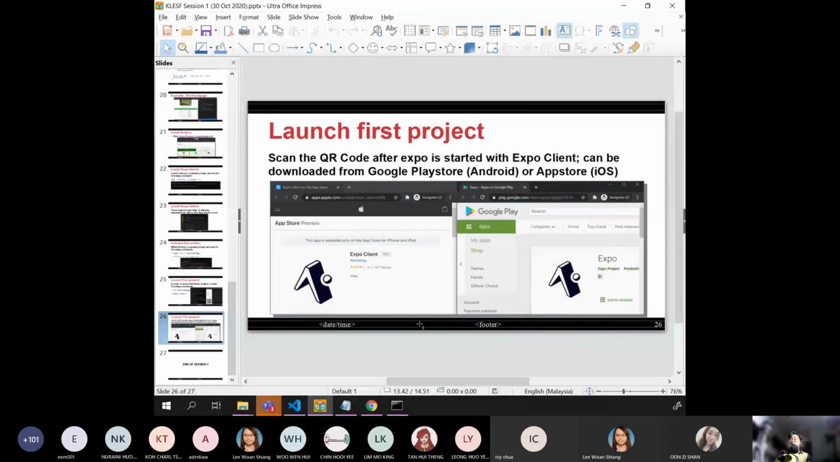So how do you use the Expo client app? If you have done installing all the JavaScript dependencies, yes, you can actually quit first. Download Expo client. Okay, download your Expo client, and then